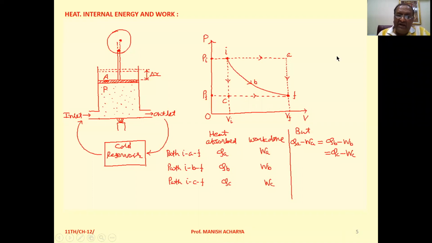Zeroth law of thermodynamics gives you the concept of temperature. The temperature of the body or system represents the intensity of hotness or coldness of the body, and it determines the direction of flow of heat when two bodies are in contact. So experimentally we can observe the direction of flow of heat will be from high temperature to